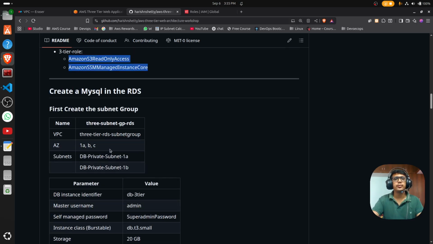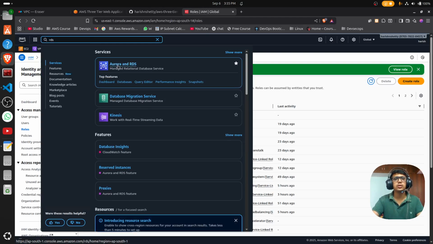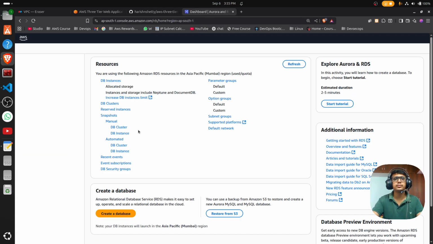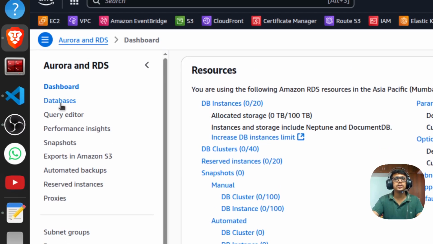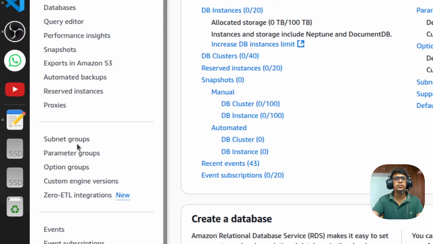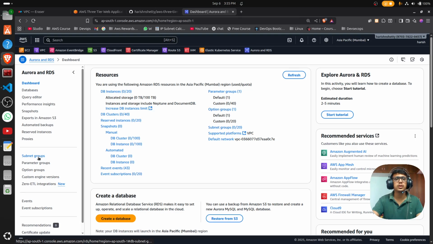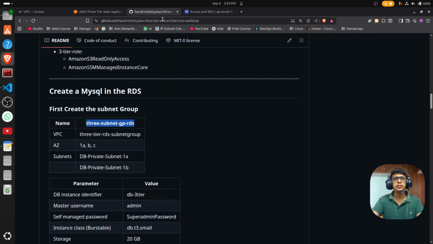Now we have to set up the MySQL RDS database. Just copy the name. Oh, sorry, this is the name. Okay, move back to the RDS, Aurora and RDS. On the left side, you can get this database. First, before creating the database, we have to create the subnet groups. Click on subnet groups, create the database subnet group,